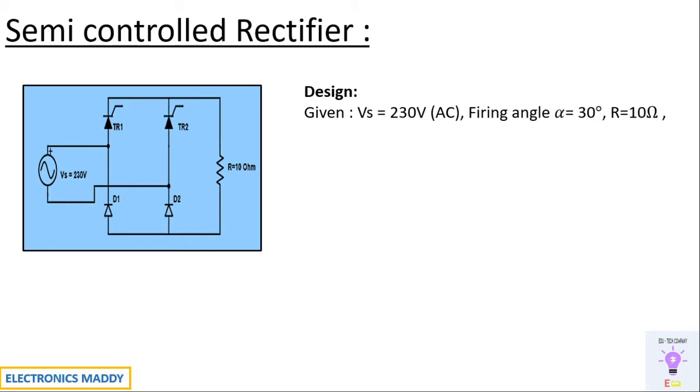So this is the design procedure. Every design will start off with certain assumptions. So I'll be assuming a supply of 230 volt, firing angle of 30 degree and a resistor of 10 ohms. If diodes are connected in the same line with respect to the thyristor, then such type of configuration is called as symmetrical. And if both the diodes are connected in the same leg and both the thyristors are connected in the same leg, then it is called as asymmetrical. So both are semi-controlled rectifier only, but the type of configuration will differ. We are doing it for symmetrical configuration.